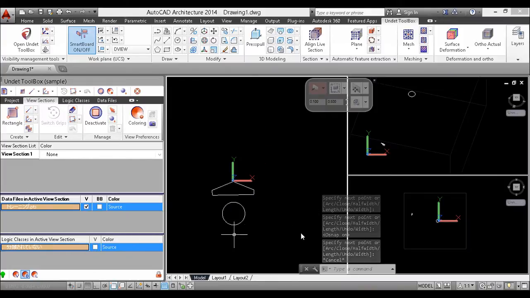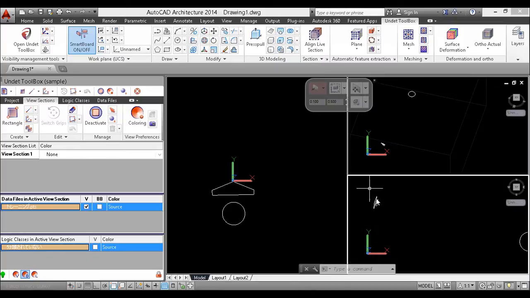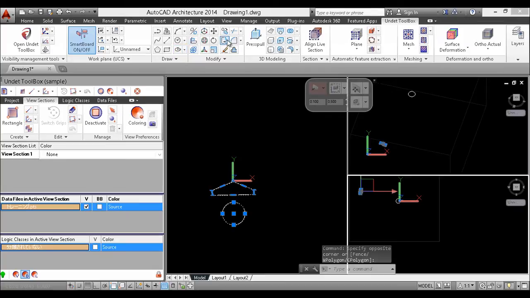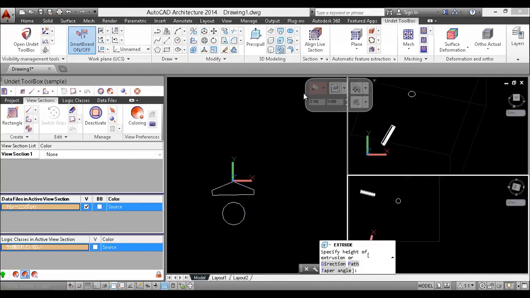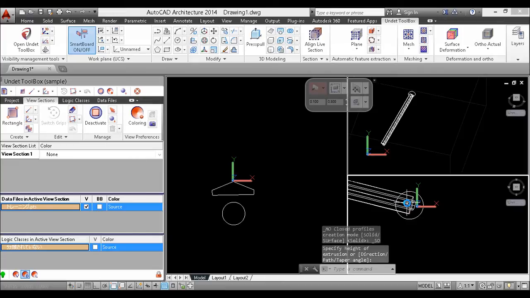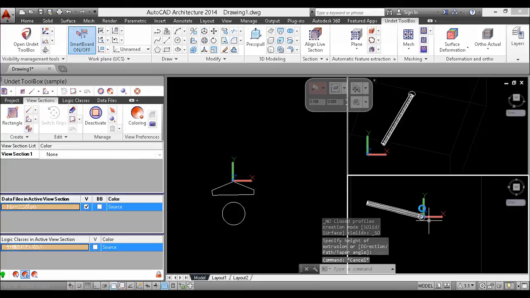Yep. You can also now use the native tools to extrude this 3D object. So let's extrude it to the center of the recognized upper part. And you can also now use, let's say, a native tool like array,